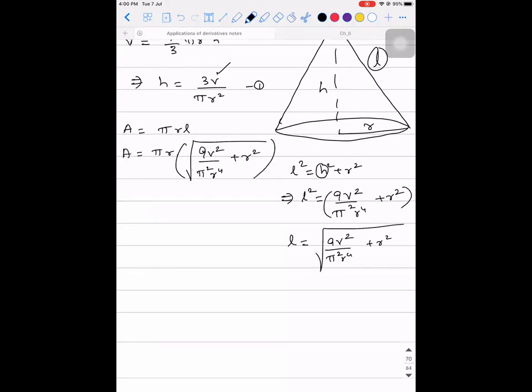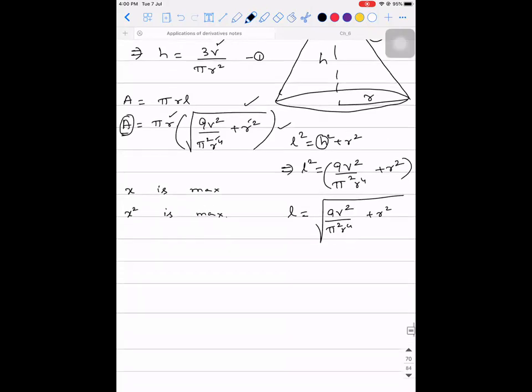A is equal to. So you remember when I told you, when x is maximum or x is minimum, x square is also maximum or minimum, right? You have area here. To eliminate the square root, what you can do is find out the value for which A square is least. Now, if you observe, area is a function of one variable. What is the variable? R. Everything else is a constant, right? So area will be equal to.